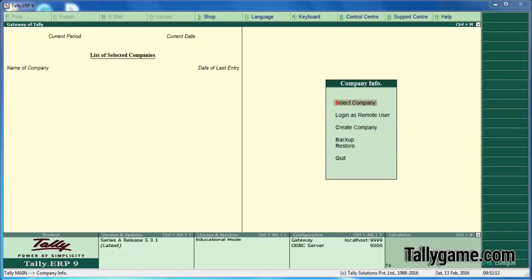The second one is defining the tax rate at group level. In this setup, you can have multiple tax rates for multiple products. And the third one is defining the tax rate at ledger or stock item level. Here also you can have multiple tax rates for multiple products, and this is the traditional level we were following. In this tutorial we are going to learn the third method, defining the tax rate at ledger or stock item level. The first stage is to make sure that you have selected the right state in the company creation screen. That is very important.